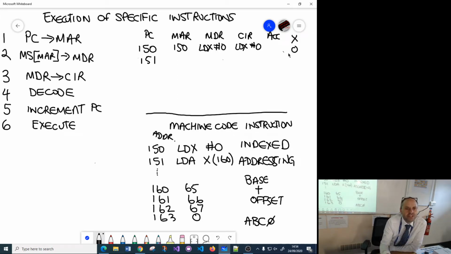We've finished our fetch execute. We're going to start again. Okay, so we're going to load from 151. So that goes into the memory address register. We do our fetch. So in the MDR now is LDA X160. We assume it's an instruction, so we copy it to the CIR,